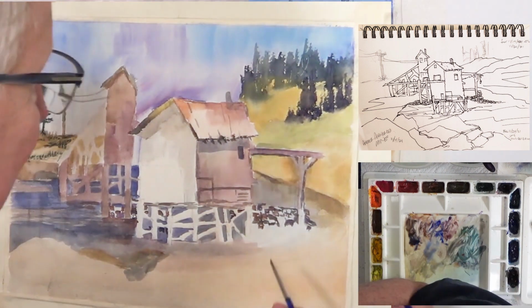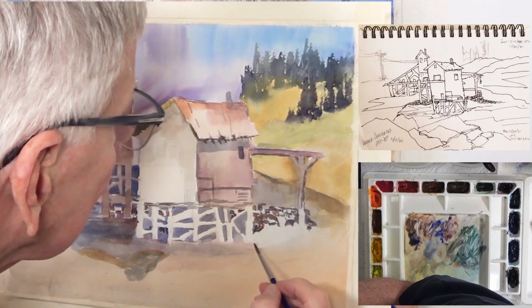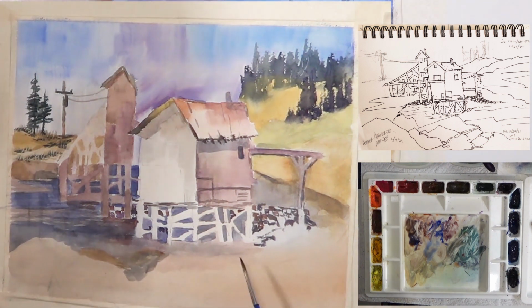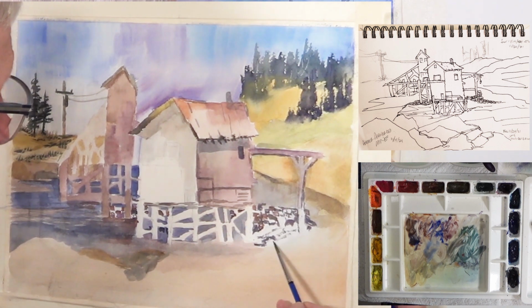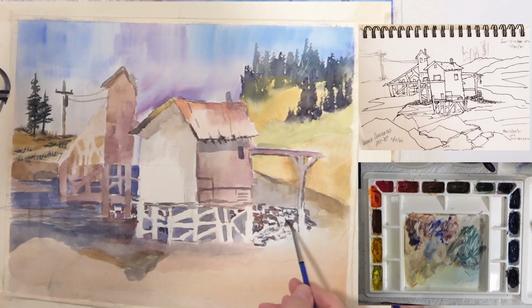So we can just let that kind of fade off into nothing down here, and turn my palette up there. All right, let's go here. Put some rough texture in here, let it look like there's some more rocks. Whatever this is,